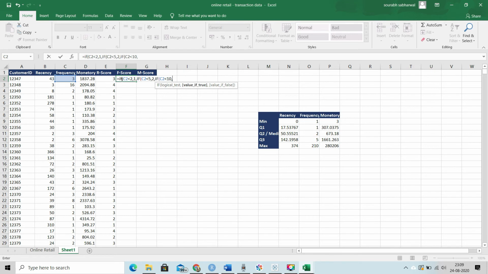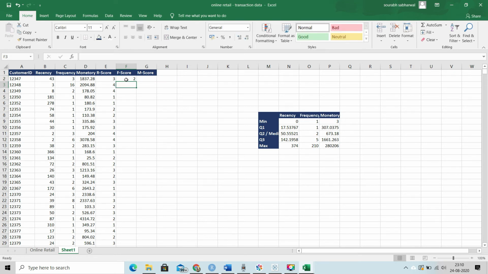And any customer who has visited more than or equal to 10 times, let's give them 4. Let's drag this also. So F score, let's drag this.